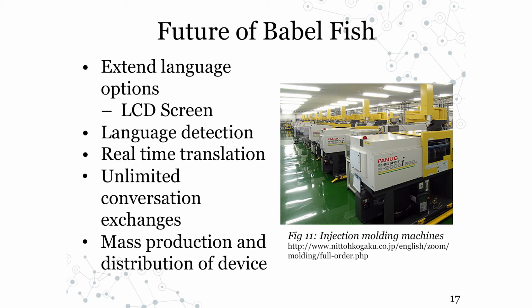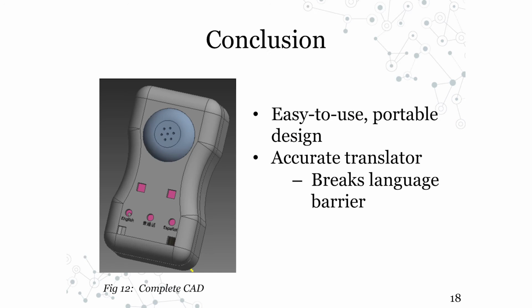The next idea is unlimited conversation exchanges. So currently, the device is limited to 50 conversation exchanges per day, but by making it unlimited, the user would be able to use the device all day for as much as they wanted to. And our last idea is mass production and distribution of the device using injection molding rather than fused deposition modeling, which is more cost efficient when mass producing. So the purpose of this project was to make a more usable, portable product that's a lot more user-friendly. And I think we've succeeded in creating that, as well as an accurate translation device that could help make the